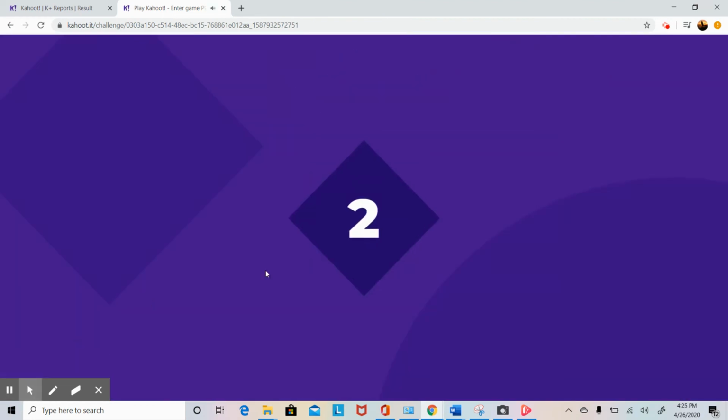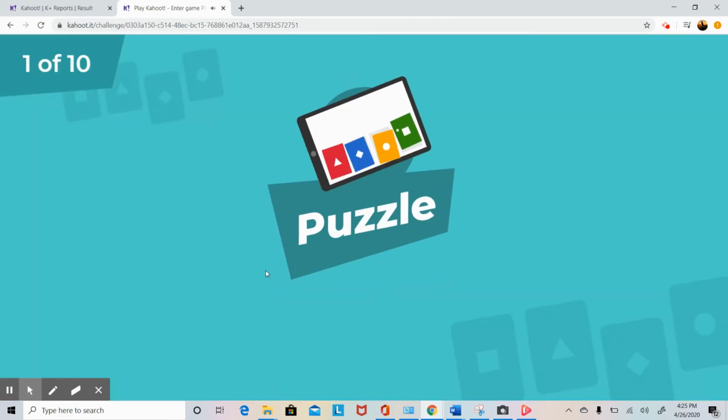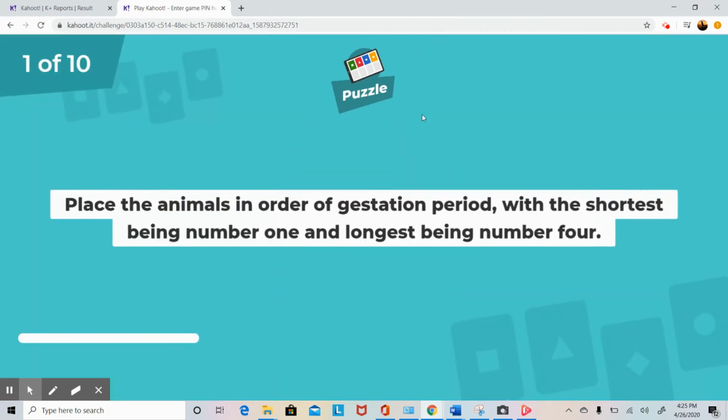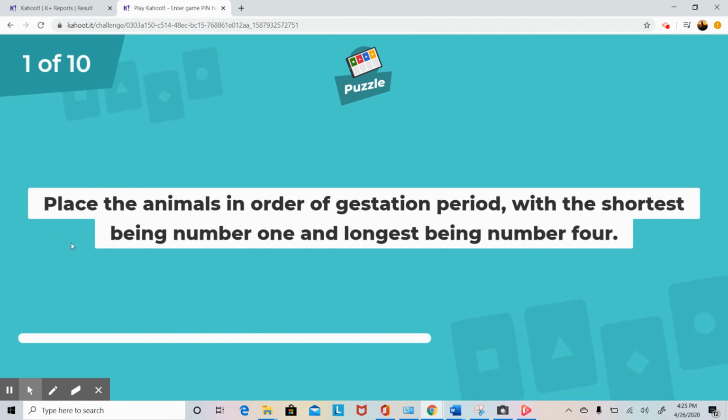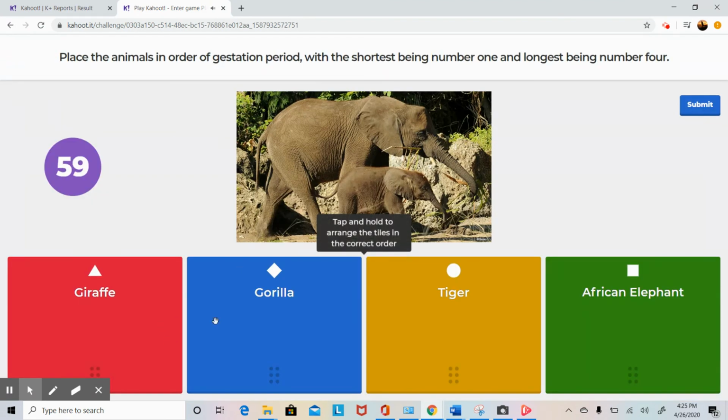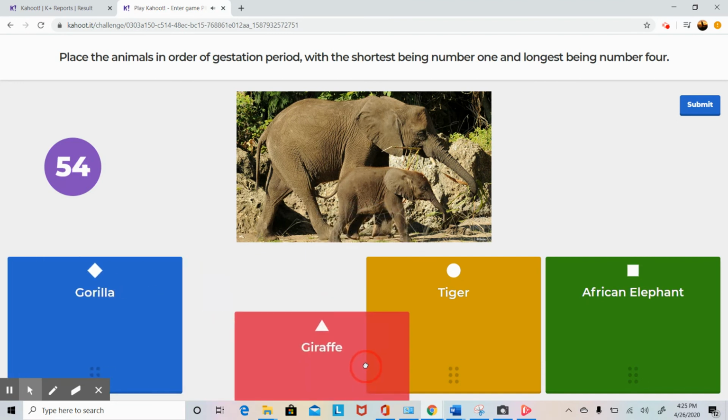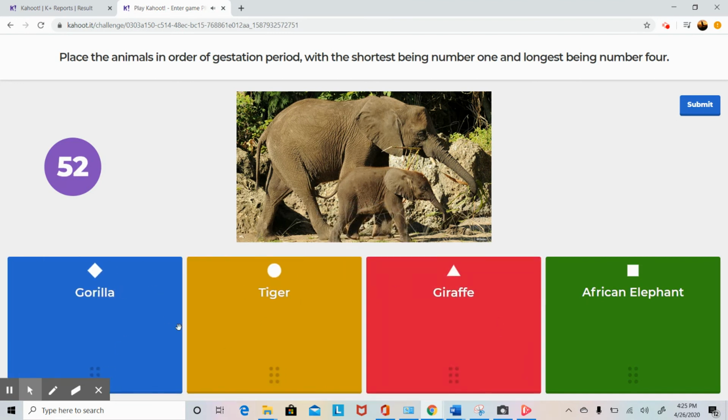And then as you see, there's a countdown, and it will present the question. So this is a puzzle question. So you get to actually physically change the order with the mouse or touchscreen. So you have to decide what's the shortest gestation period first. And the students can play around with this, okay? And then once you click submit,